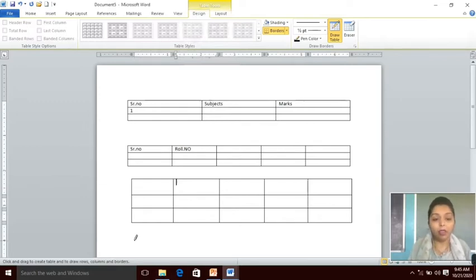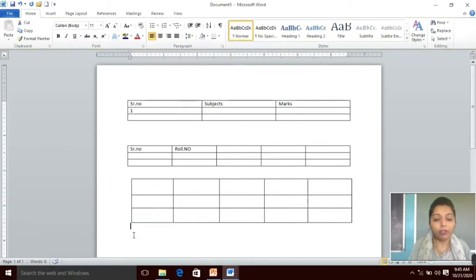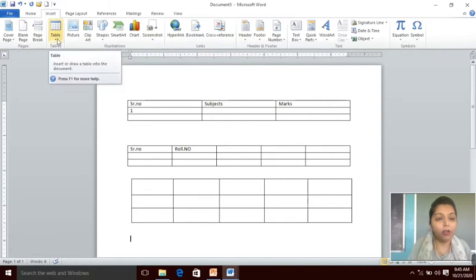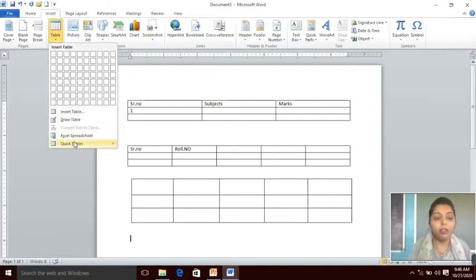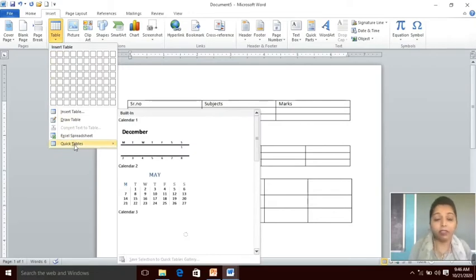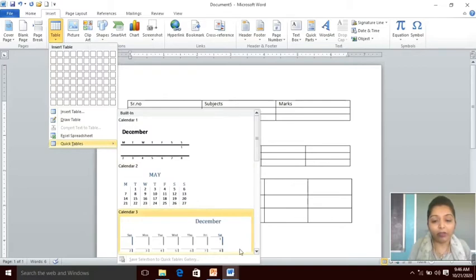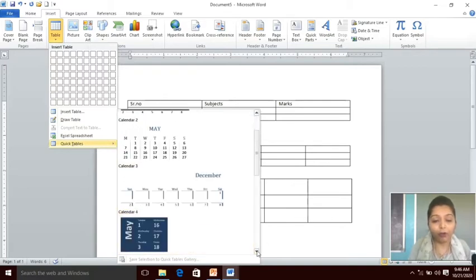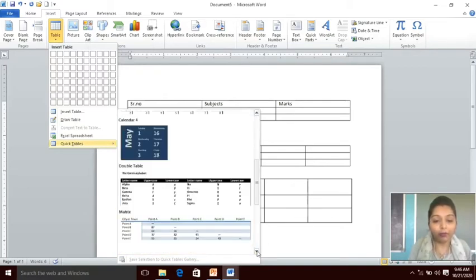Clear? Next one, I will show you the next option, how to insert table. Now next one is, we will again go on to the insert tab, click on tables, then there are quick tables. Yes, if we want to draw the quick tables, there are the different layouts for drawing the tables.